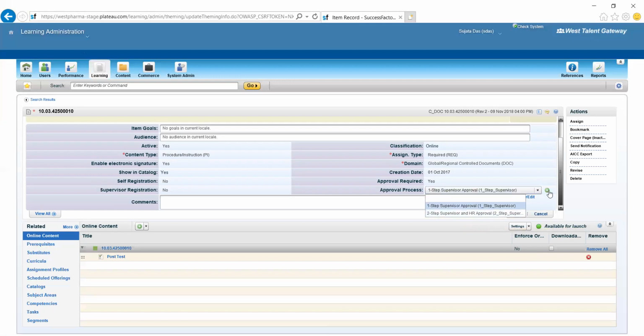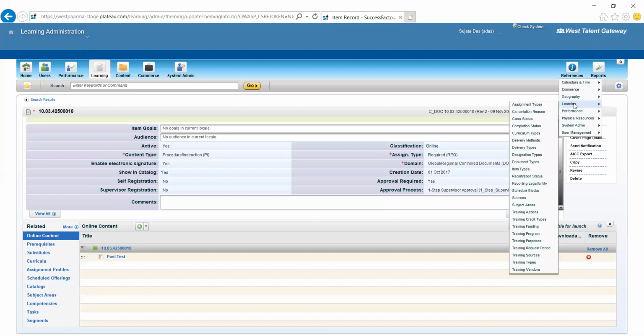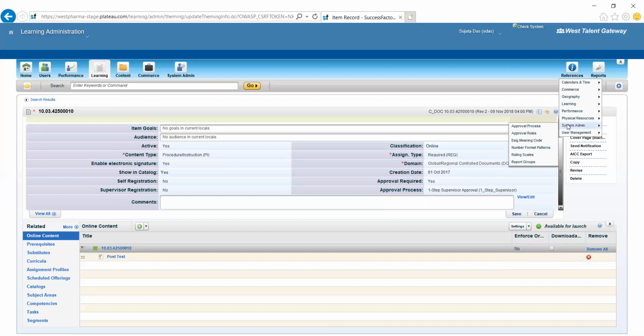So how do you design a workflow? You can directly click this plus button here if you want to create a new workflow, otherwise you can come to the references section as well. Both will take you to the same configuration point. I'll show you from the configuration point of view. Under references, there is system admin.